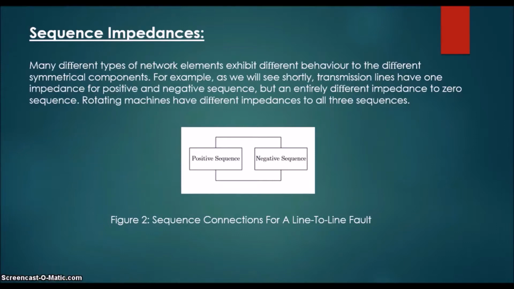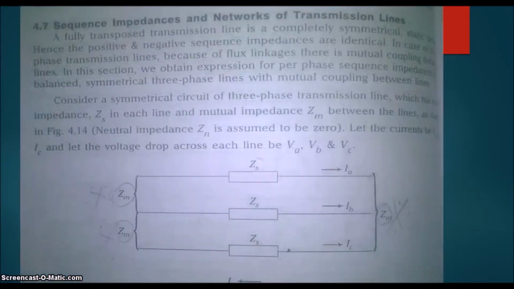As you can see from the block diagram here, there are two types of sequence, positive and negative sequence. And when only zero sequence currents are present, the impedance is called zero sequence impedance. The sequence impedances are required for the component modeling and analysis. In the next section, which is sequence impedance and networks of a transmission line, which will be explained by Abhishek Gupta.